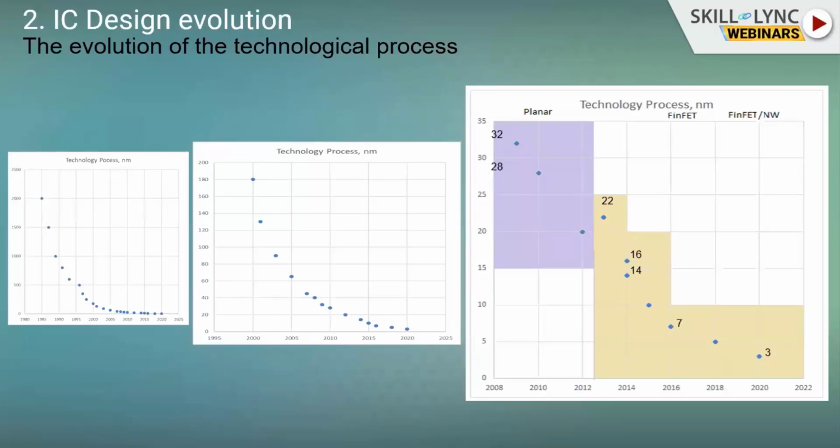See the right side figure. Right now we are working at 5 nanometer and 3 nanometer. Over the last 4-5 years, the major change was from the planar transistor. Then after that CMOS moved into FinFET technology. Right now we are working with FinFET technologies. So I'll go through that one by one.